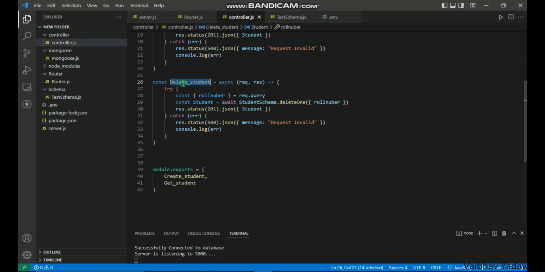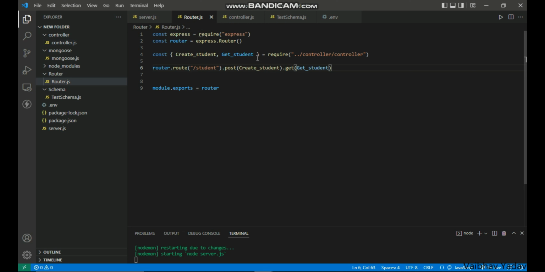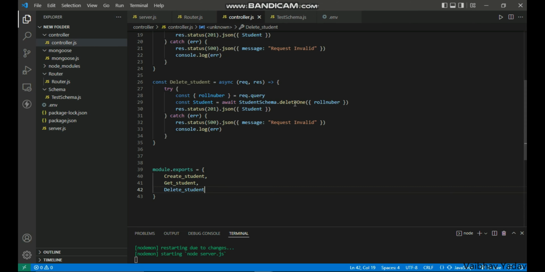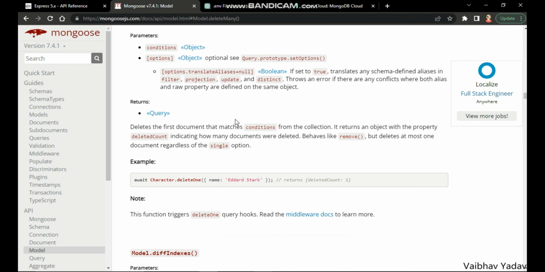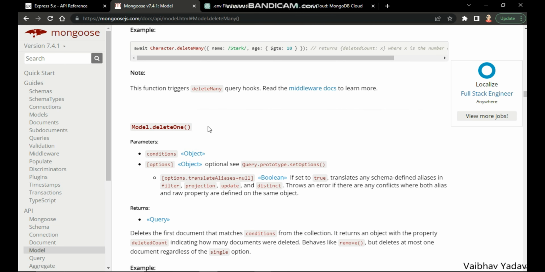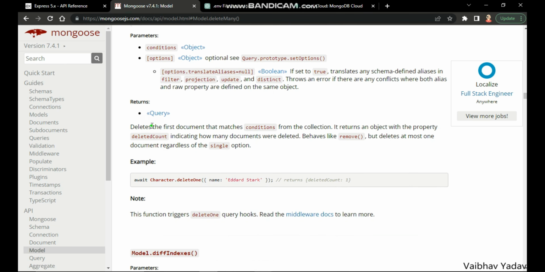Let's export it from here, and in the router the same also. And if the method is delete, then use this function delete student. As you can see, deleteOne deletes a document that matches the condition from the collection. It returns an object with the property deletedCount, the number of documents deleted. Okay,